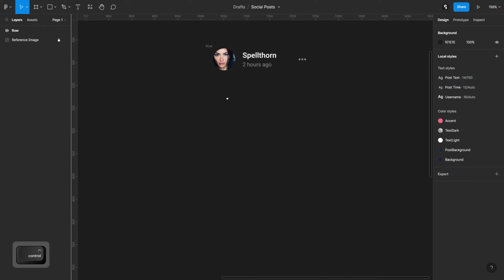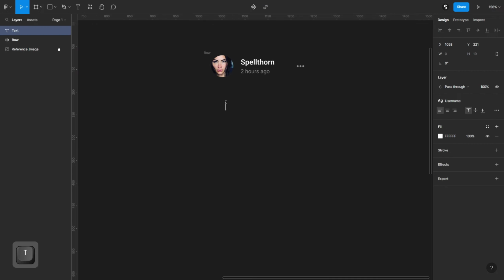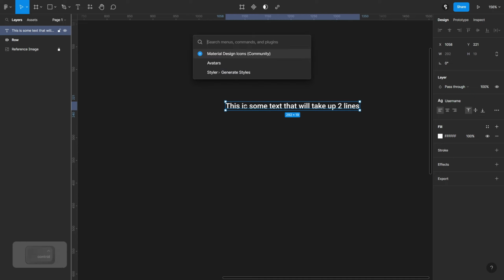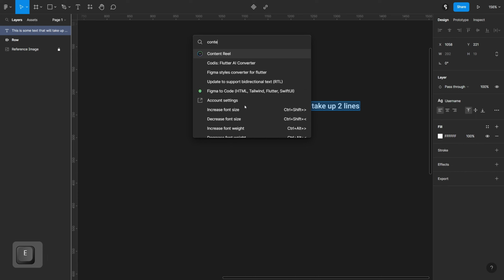So to do our text, we're going to hit T on our keyboard. We can just space this out with regular text at the moment. This is some text that will take up 2 lines. Now you can do it like this. You can also just add some dummy text. You can hit Control P and use a, we'll select the text, Control P, and then use another one called